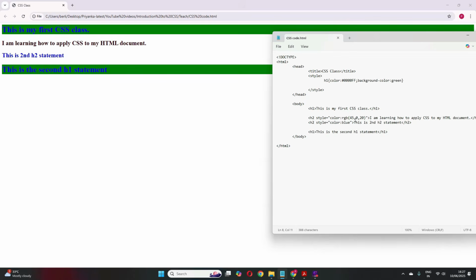So there are three ways in which we can specify the value to your color property. One is directly you put the color name, another is your hexadecimal way, another is your RGB value. I hope just putting the color name is much easier, but a lot of times we require this also, because with the color name you just specify the name, but this gives you the combination of the primary colors. Clear? So I hope the color property is clear to us.